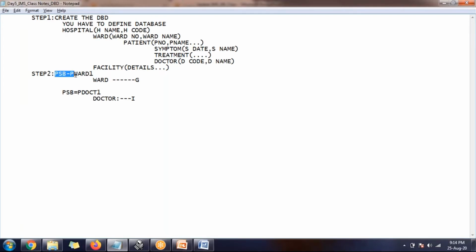Anyhow, we will discuss it in detail, but at a high level, because we are going to use these terms again and again, you should not feel that I don't know. Did you understand? Altogether, team, PSB will restrict the user's access on this particular database. We should not give permission to everyone to access all the segments, because there might be sensitive data. Like if you take patient details, it will always be sensitive.